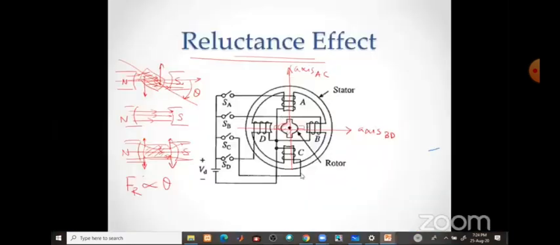So the example is there in the slide. Suppose initially I have excited the A coil and C coil. So the position of the rotor inside will be like this. But after that, I will change my excitation to this BD axis. Instead of exciting A and C coil, I will excite B and D coil. Then the rotor will change its position to the horizontal. So if I go on changing this excitation from AC to BD, then I can get some constant rotation of the rotor. Is that clear?